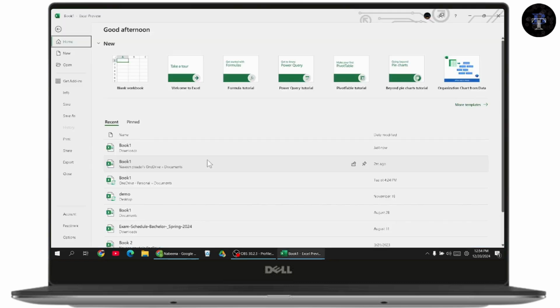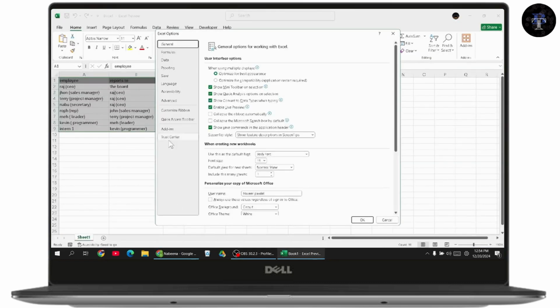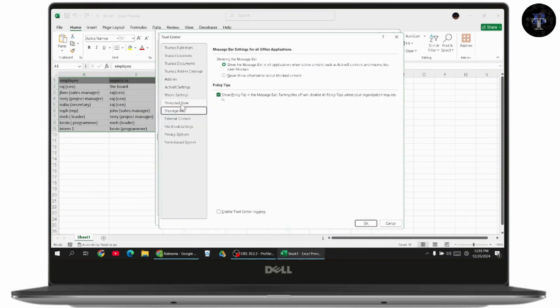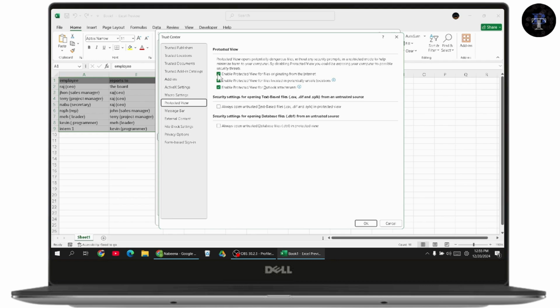solution. You can open up your Excel. Once you open, now go with options, which is on the bottom left, and go with the Trust Center option. Go with the right side, which has Trust Center settings, and then go with Protected View and uncheck all of these options. And after that, click on OK, and your problem will be